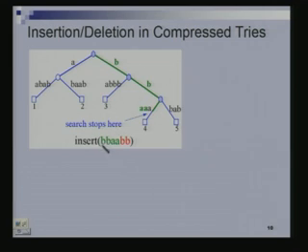Now I am searching for this string BB. I start searching, so conceptually it is the same as saying I see a B here, I come down. Then the first here is an A, this is a B, so I should go this way, I come down here. Now the third character I have is an A. So I am looking for an A. The first character here is an A, the first character here is a B, so I should come down here. And then I start matching this with the label here.